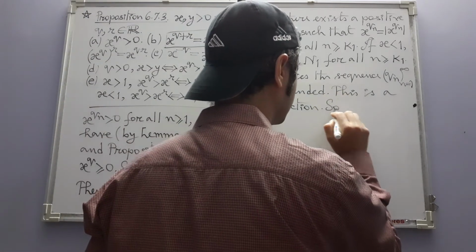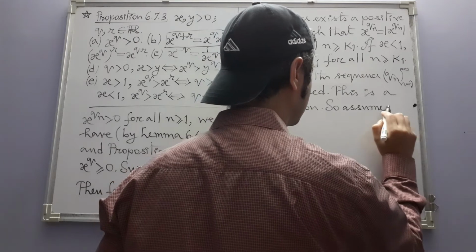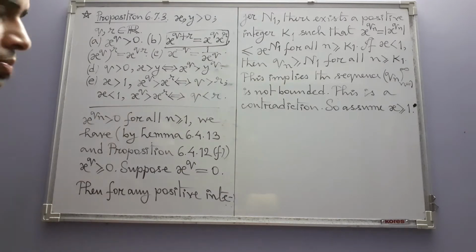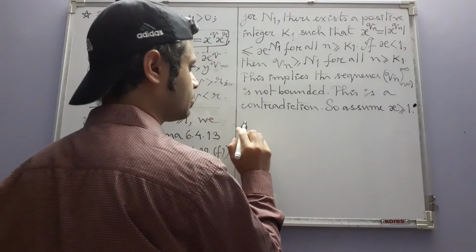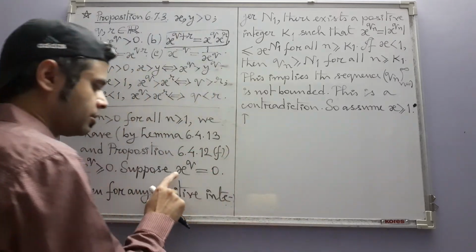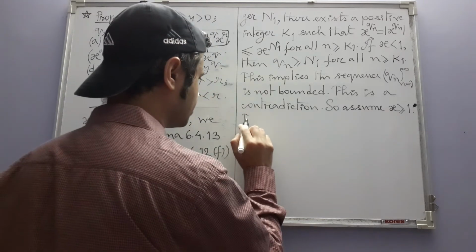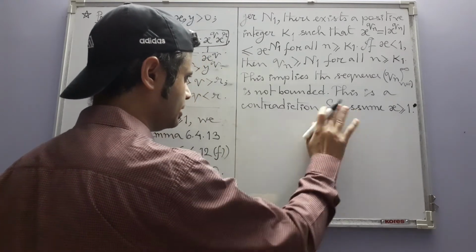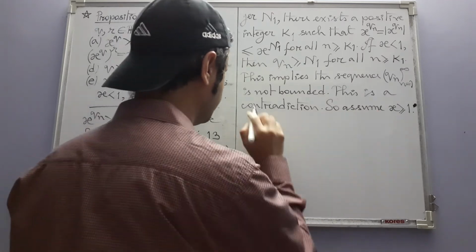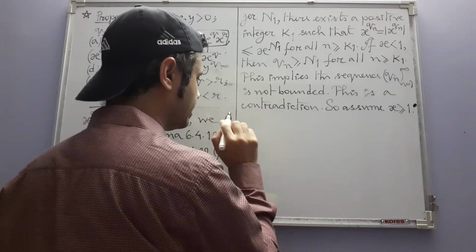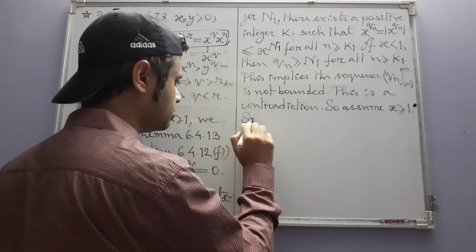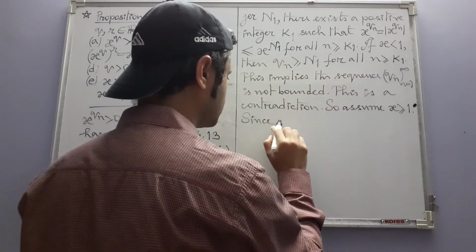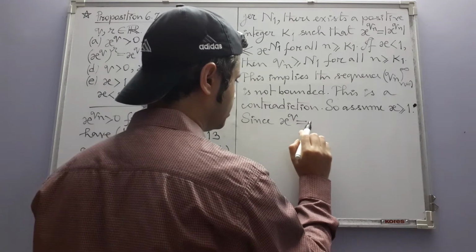So assume x is greater than or equal to 1. Again, because this limit is 0, no, this assumption does not directly say anything. We are again going to use this fact, but now we are going to write something else in place of this. Since the limit of x to the power qn is 0,